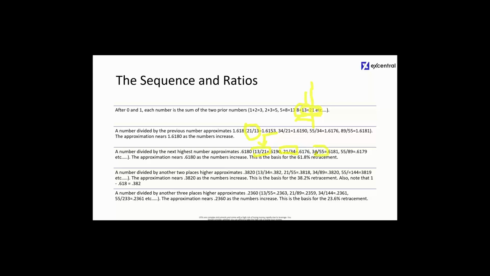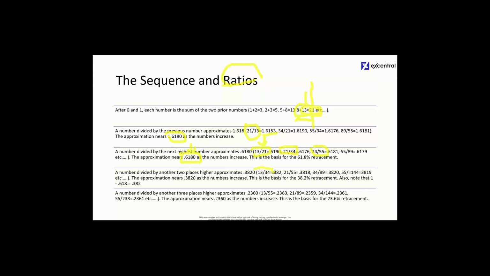The next degree up, 34 and 55, would give us 0.618. So this gives us 0.618, which is a crucial number in the Fibonacci ratio, as well as an important ratio in the Fibonacci retracements. So we have 1.618,